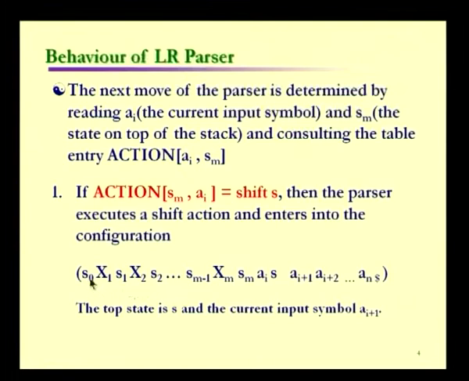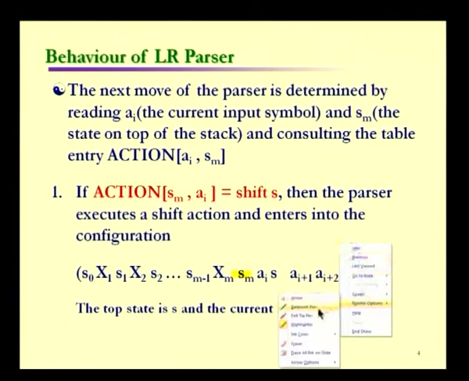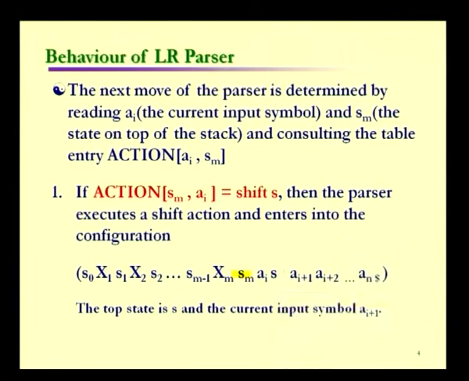The configuration starts with s0, x1, x2, etc. up to xm, with sm on the stack before shifting. After the shift operation, we move ai, which was in the buffer,